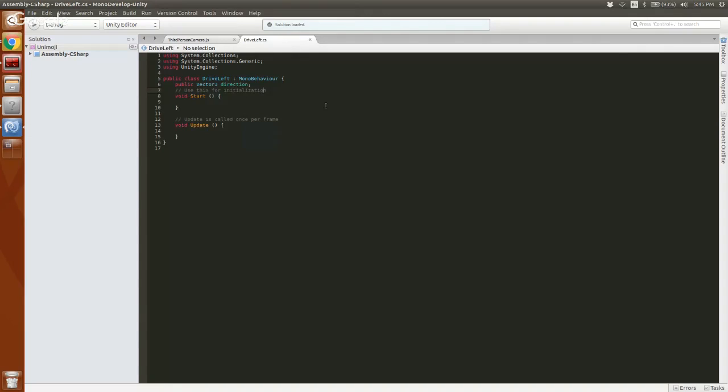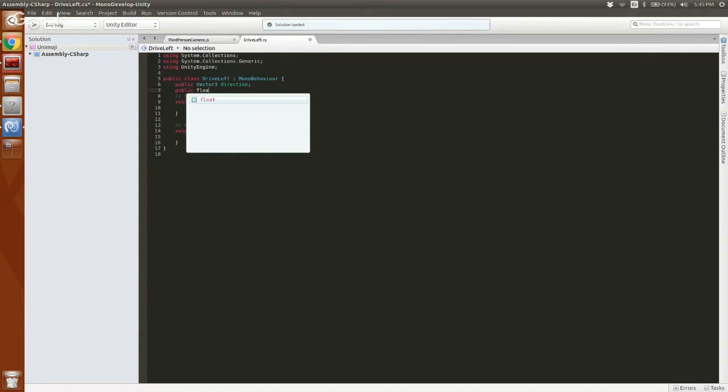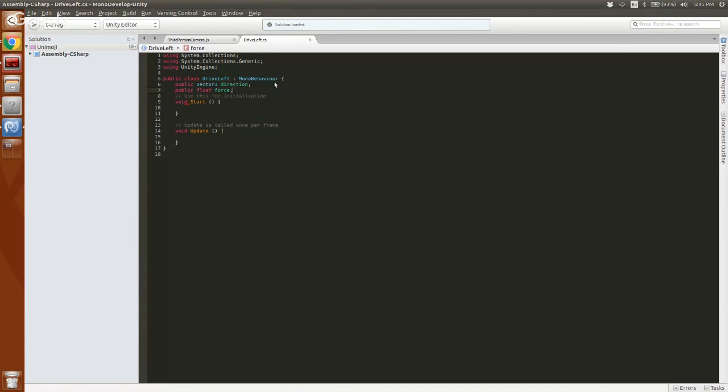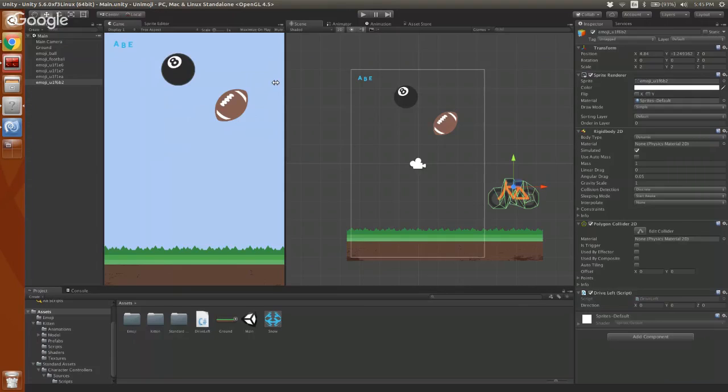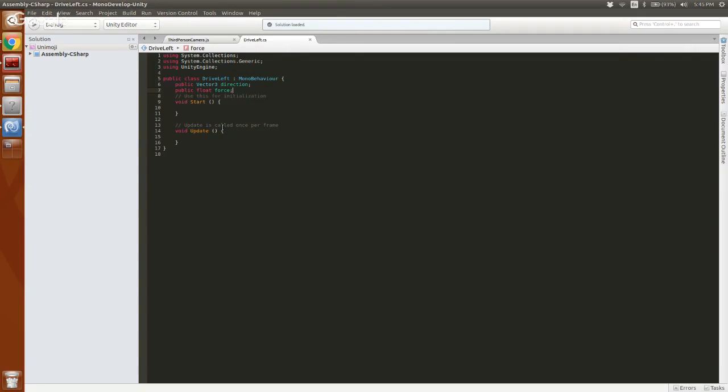And then we'll add a public float, so just a public number called force. And after it gives a second to recompile, that force will also pop up here. So now we can control what direction and what is the force being applied. Then lastly, in a FixedUpdate, so this is what's called every frame.